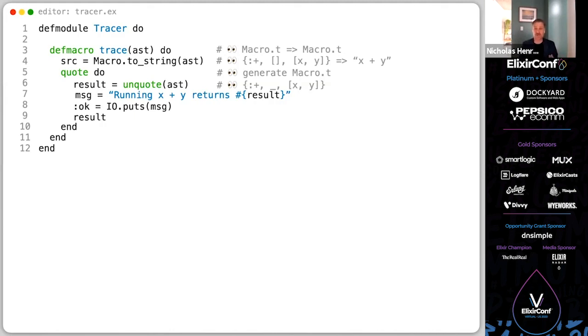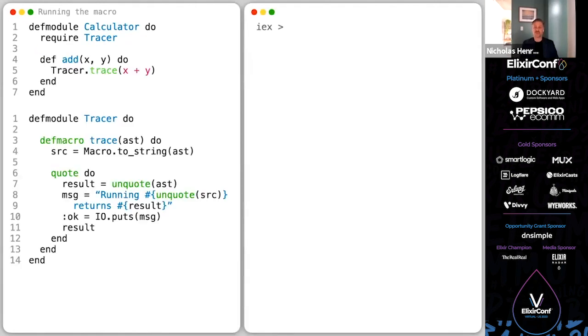This is actually quite helpful if you're testing macros or debugging. And so now using toString, we have that string. And again, we want to inject our source var into the AST, into that quote. And so we replace that with unquote.